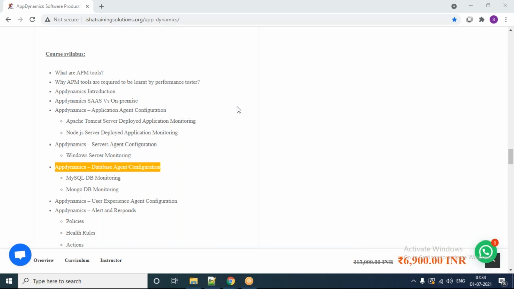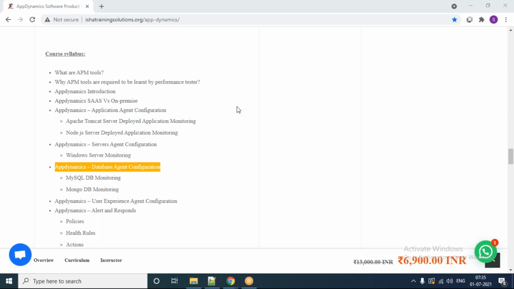User experience means when your application is actually accessed in browser, what is actually happening for the static content. Say like your time to first byte, DOM interactive, load time, full load time, like that. What is happening to your application launched in a browser? That learning also we are going to get using user experience agent.